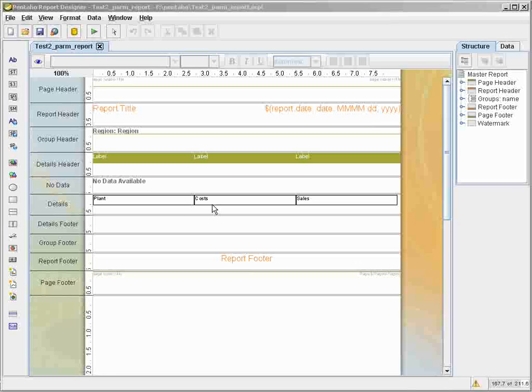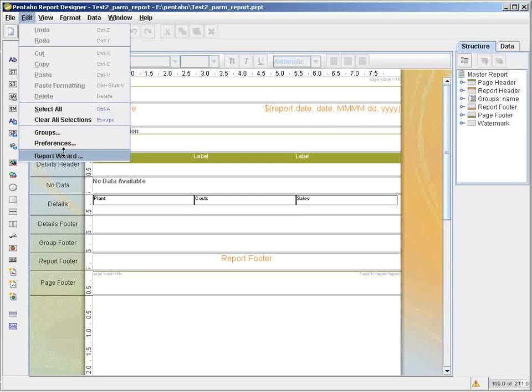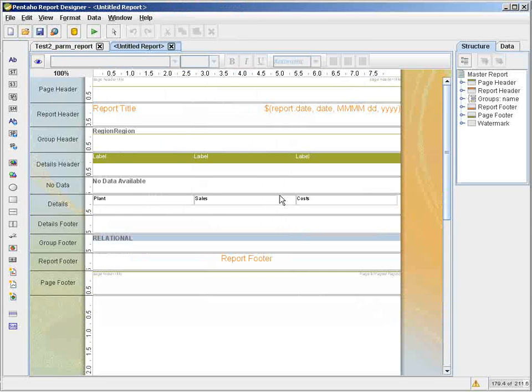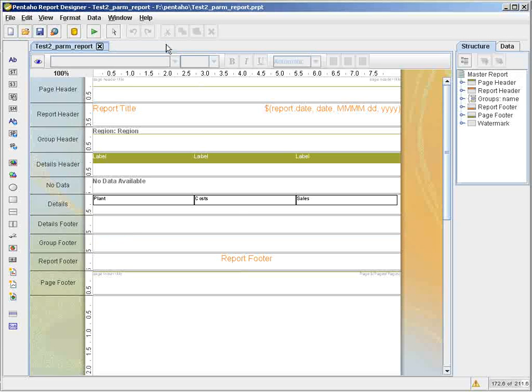So to give you an example, cost and sales, I have them in the wrong position. Technically speaking, I can go in and edit using the Report Wizard and just move the item sales. And what that will do is create a new copy of that report and show that appropriately. But if I wanted to re-edit the report, or if I had other elements I wanted to add to an